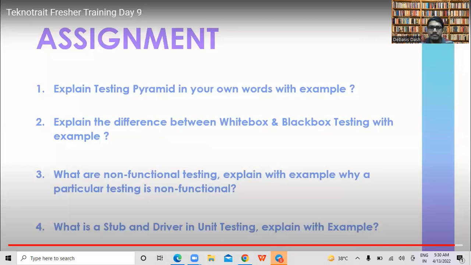Explain with example. Stub is a similar component to the one which is under test, in a very basic and simple form, whereas driver is used to invoke the components which need to be tested. The example of stub and driver in unit testing is,